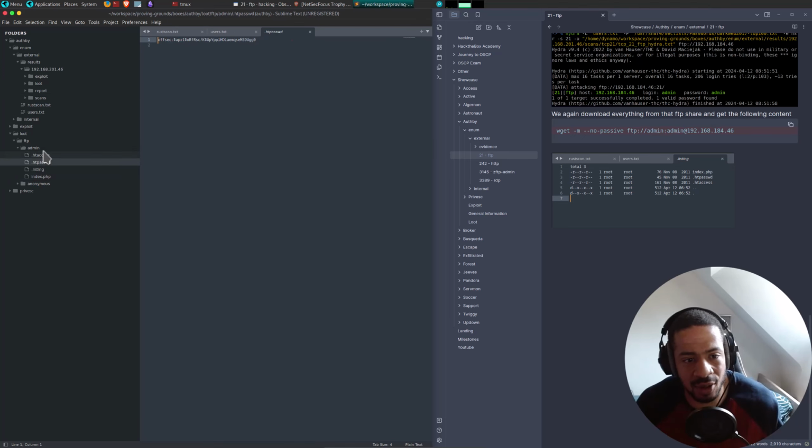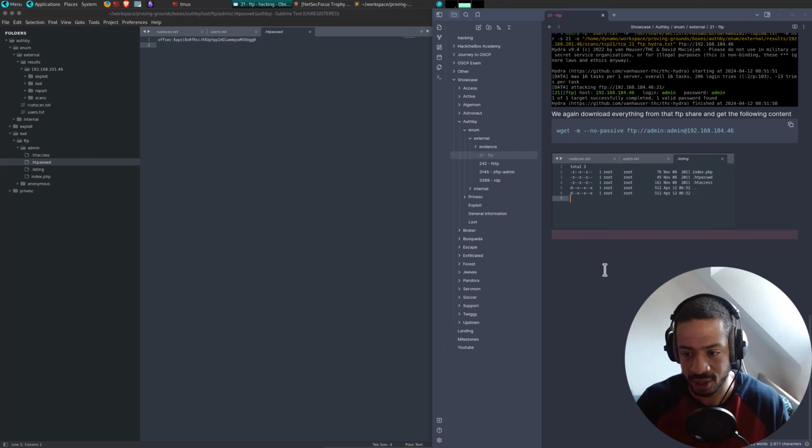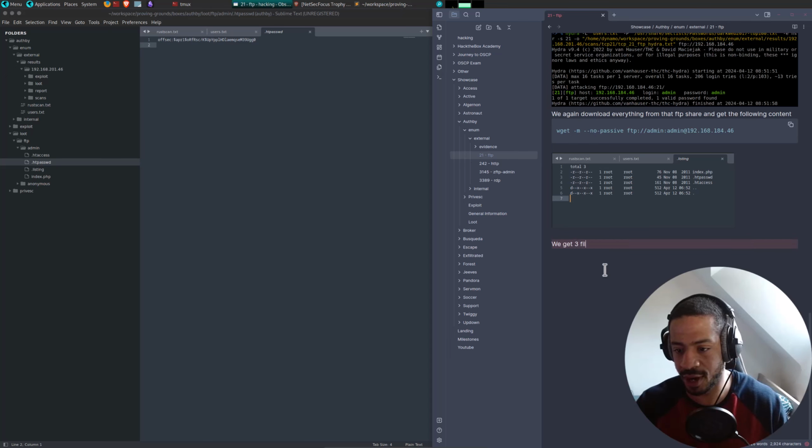Is this the configuration for the web server we have? Maybe. And here's the password. Okay, quite interesting. So we get 3 interesting files.